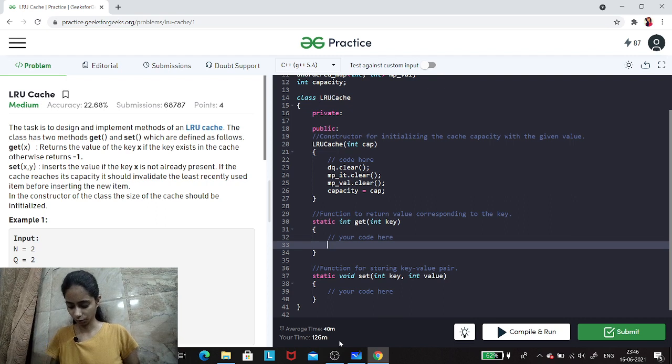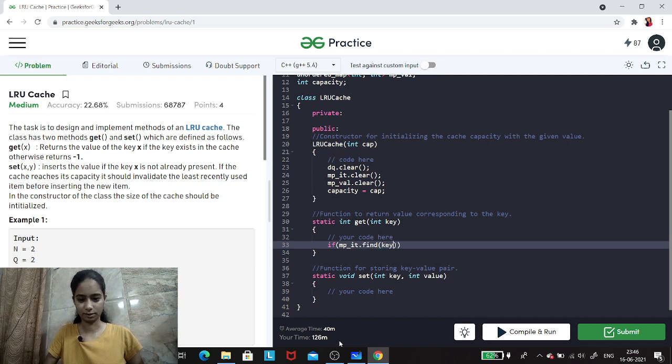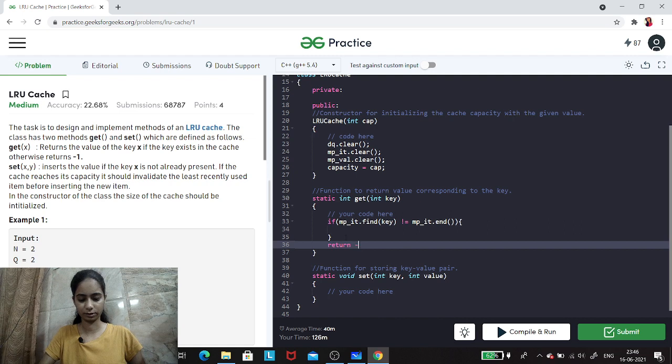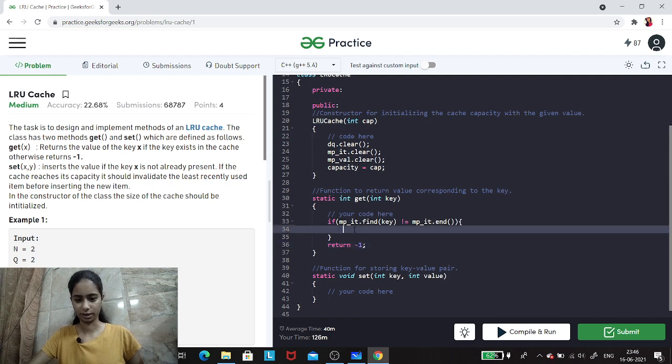So first we'll check whether in the map this key is present. This is the case when it's already present in the map, and if it's not, we simply return -1. And if it does, then we'll first find out the iterator to it.